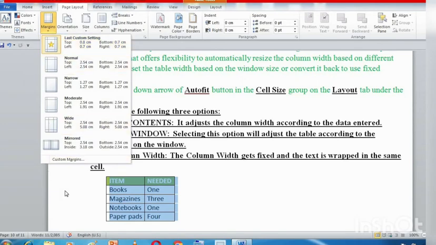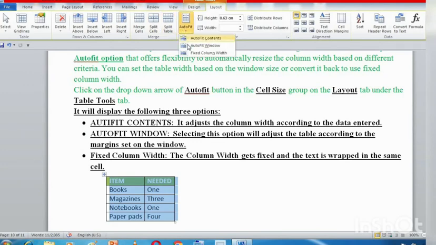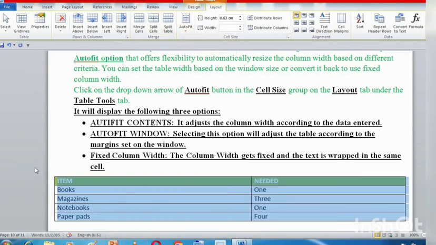So see what it will do: it will leave 0.7 centimeters from here and 0.7 centimeters from here, and it will increase the column width of my table. Look at this auto fit window. From this side to this side, how much space has it left? 0.7 centimeters. Same here.